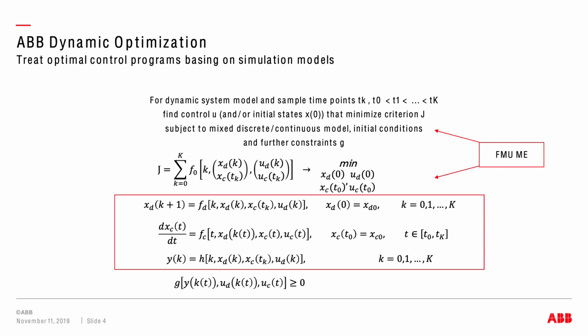Based on the Functional Mock-up Interface, this functional model interface gives us a mathematical model. And the good thing is we use FMI for model exchange, because this is really a mathematical model where we have continuous time states, discrete time states, we have model outputs, and this is the majority of what we need for the optimization problem. Outside the FMU, we add objective function,